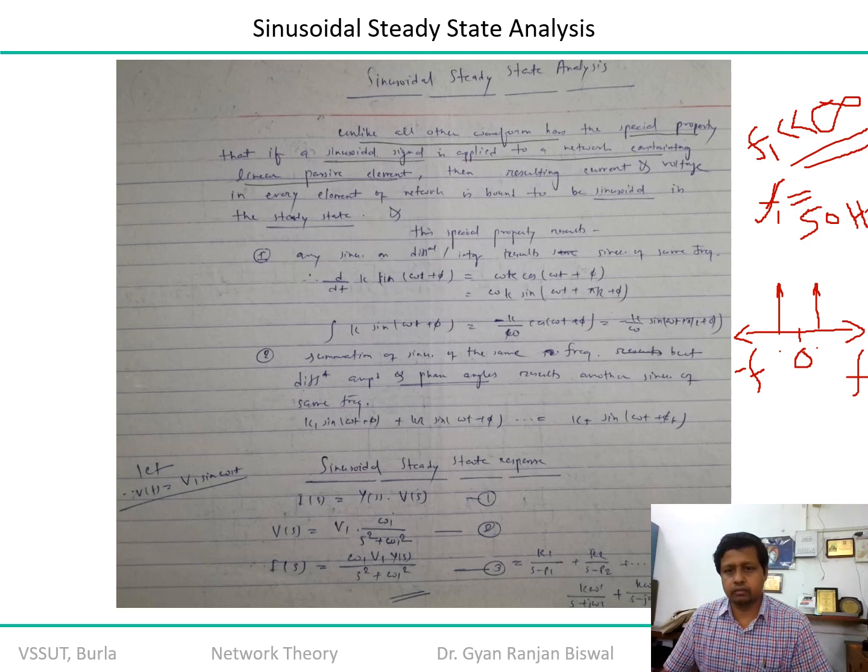Okay, so if you have a signal sine of omega 1 t, and you take the Laplace of this, you will get omega 1 upon s square plus omega 1 square. Okay, you must know this, fine. So if you substitute it, you can get the modified equation of I of s in terms of the sinusoidal transformation in the Laplace domain.